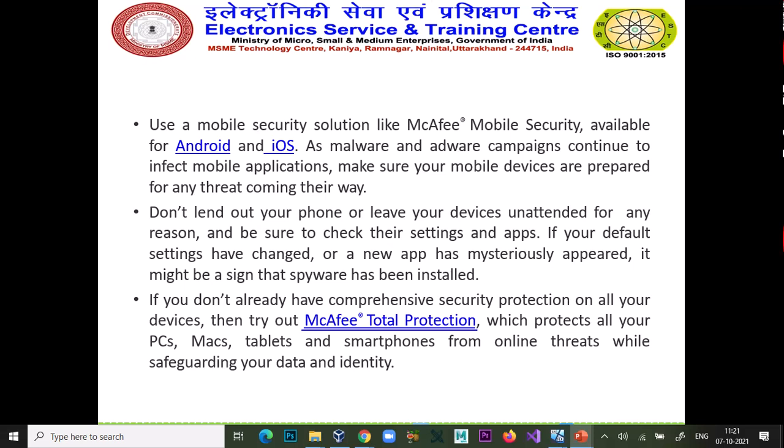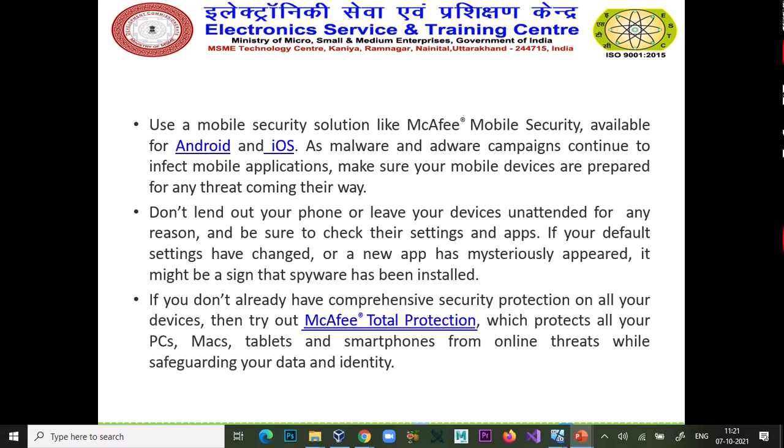So if you really think that you do too many things with your smartphone, please use a mobile security solution. But if you are a regular or normal user, it is not recommended to use any kind of mobile security solution, because you have to pay for that.